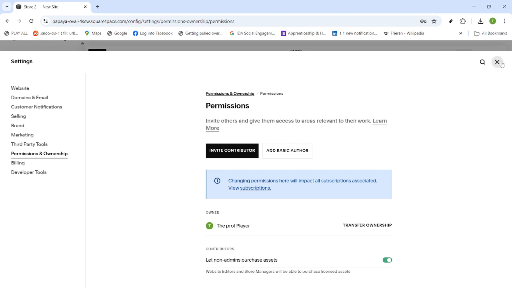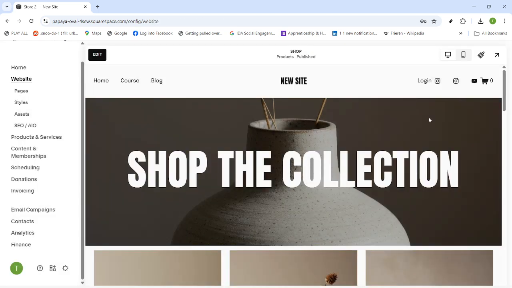Once accepted, the new owner will take over, and you can adjust your own role or remove yourself if that's